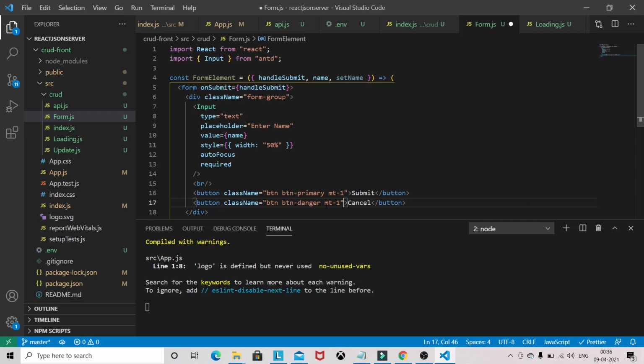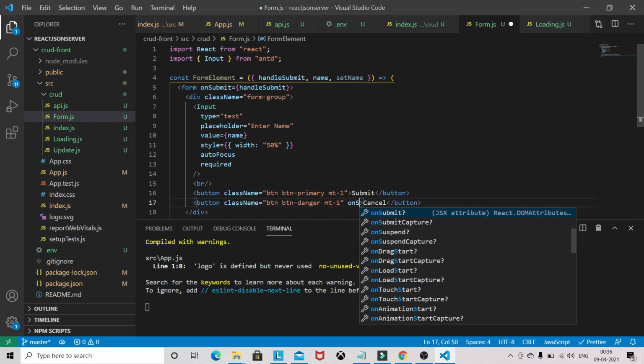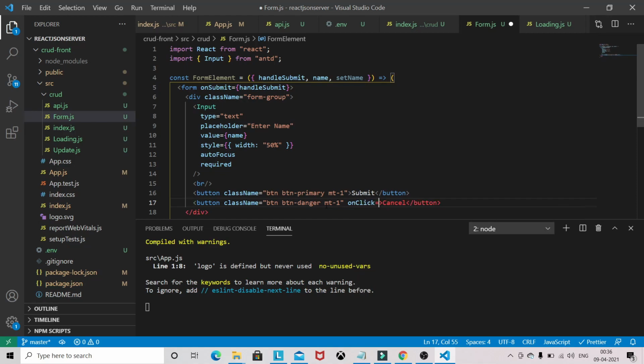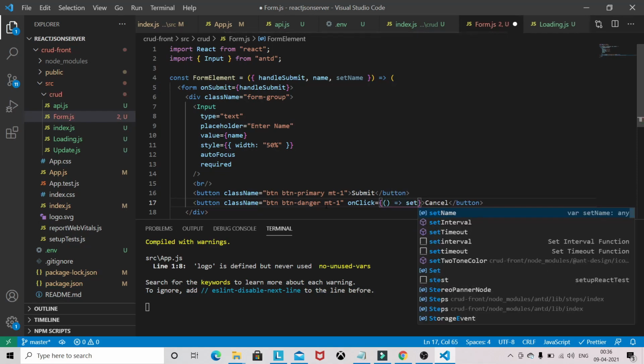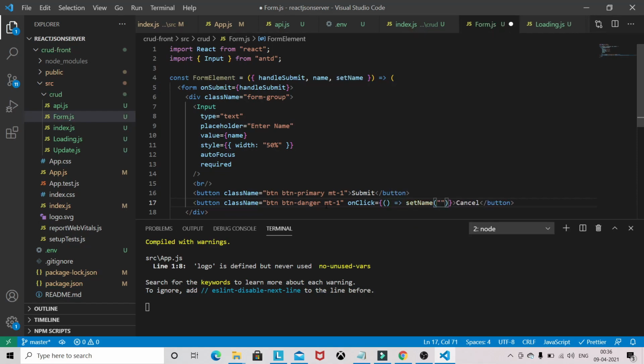Cancel basically just empties the input field if we have some data in the input, so it will just clear that out. So setName, it will just make it empty, that's it.